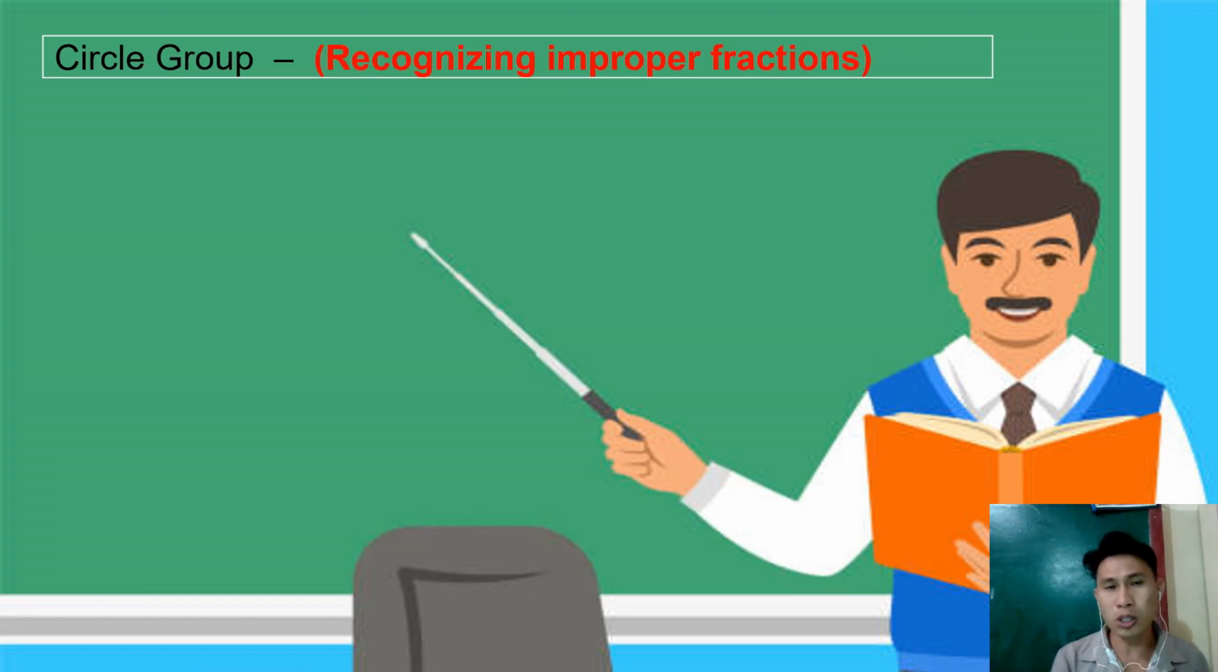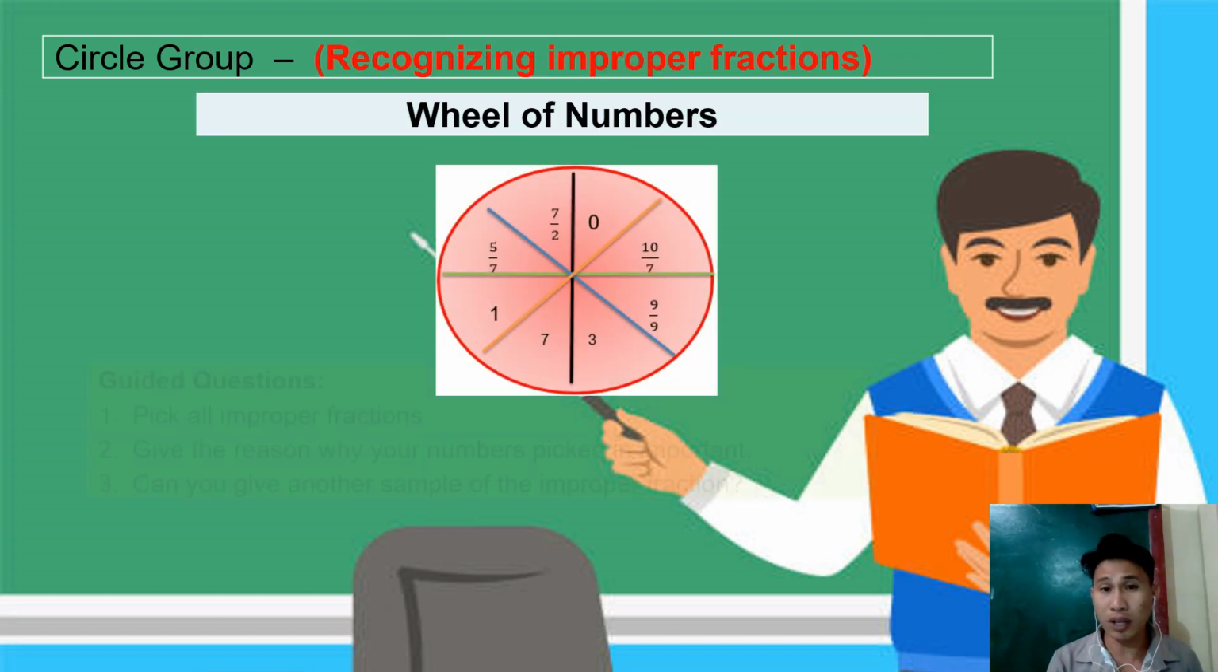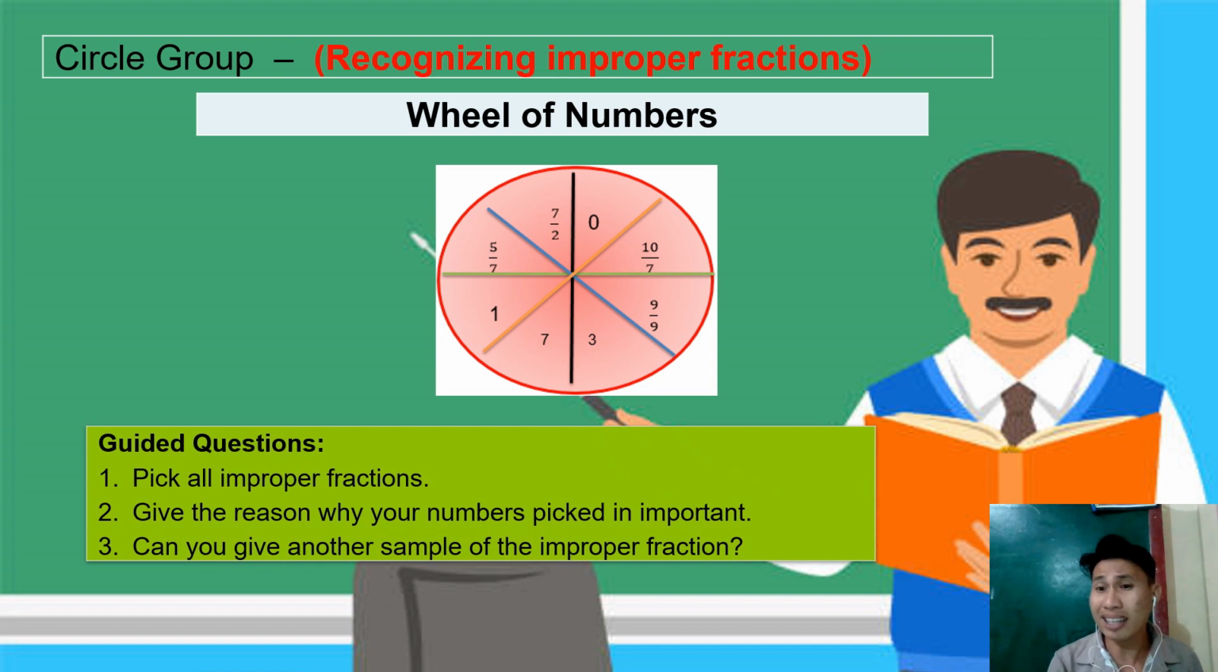Then, also, on the circle group, they were focused on recognizing. This time, it is a wheel of numbers with also a guided question. This time also focus on remembering as the recognizing. The recognizing and the defining is the prerequisite on attaining the goal of adding